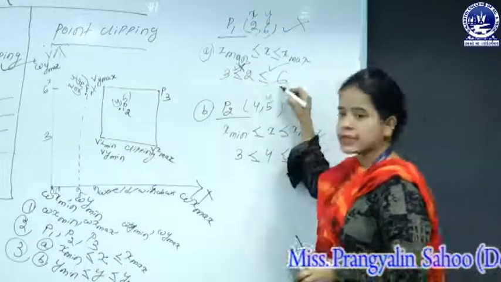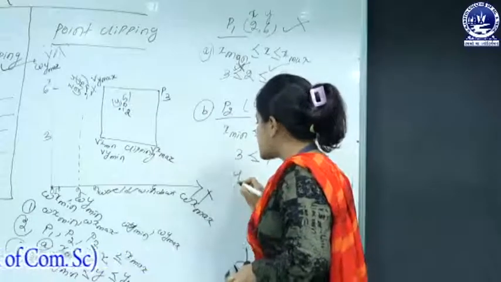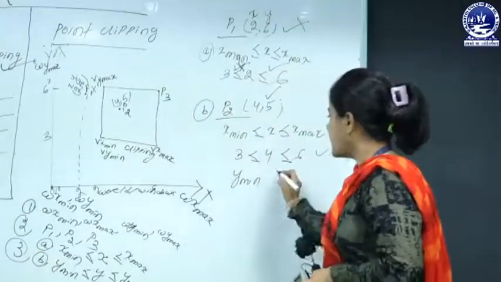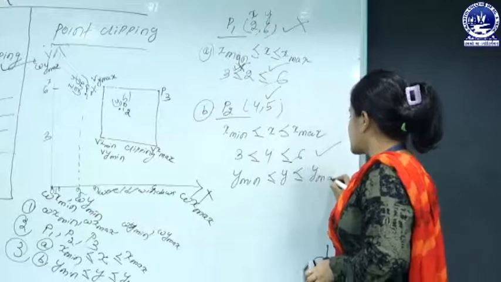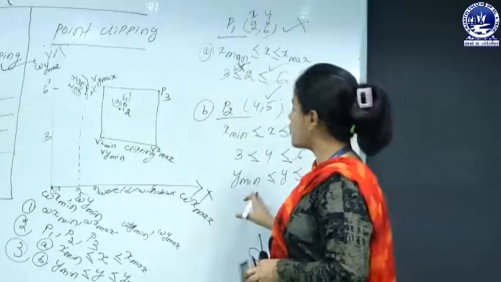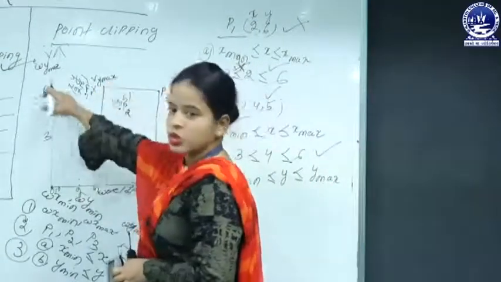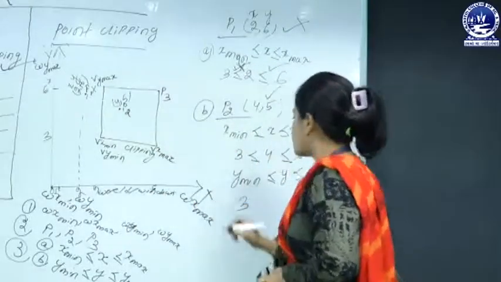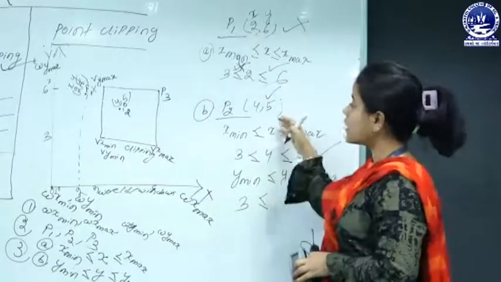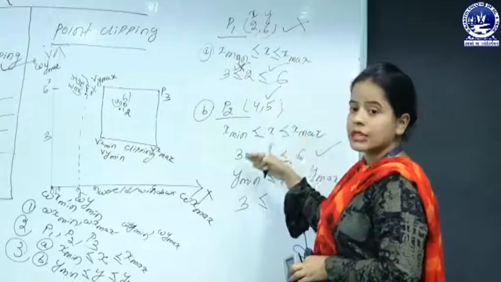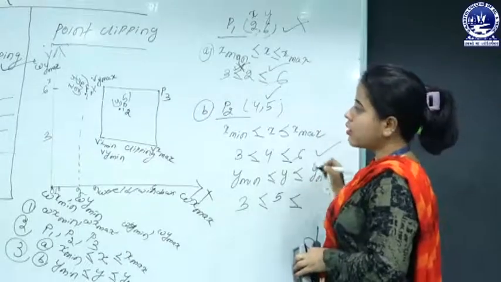So now to check the y coordinate value by using the given constraints. So here the y constraint is specified: y minimum is less than or equal to y, then less than or equal to y maximum. So here we have to check the clipping window's y coordinate minimum value, which is 3, ending with the maximum value, which is 7. So the y coordinate minimum value is 3, then less than or equal to the given pixel y coordinate value which is to be checked, that is 5, and less than or equal to the maximum value of the y coordinate of the clipping window, that is 7.